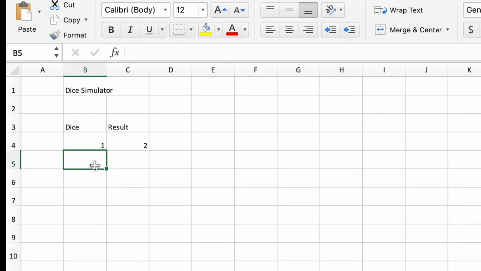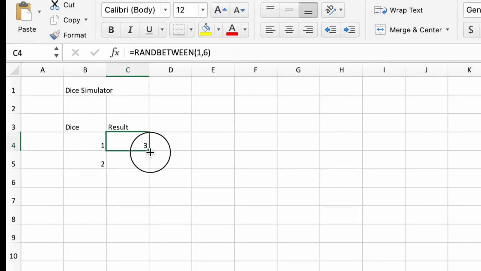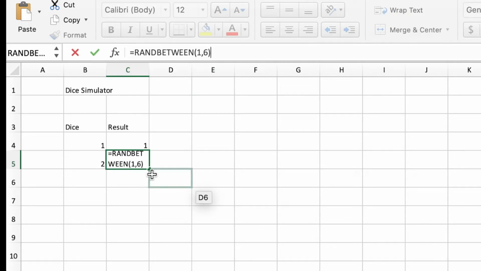If I want to have a second dice, here we'll put it number 2 just to say this is second dice, I want that same formula. So I could come in here and type equals RANDBETWEEN and do the whole thing. But as we saw last week, we can also click on this cell, grab that little square in the bottom right corner and just drag it down, and that will duplicate that formula into this cell. So here we are now in C5, and you can see the formula up the top has been duplicated. So we now have